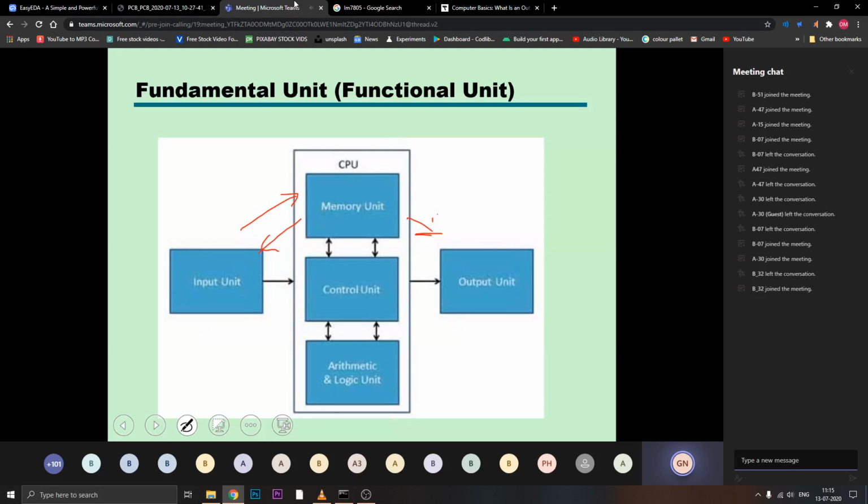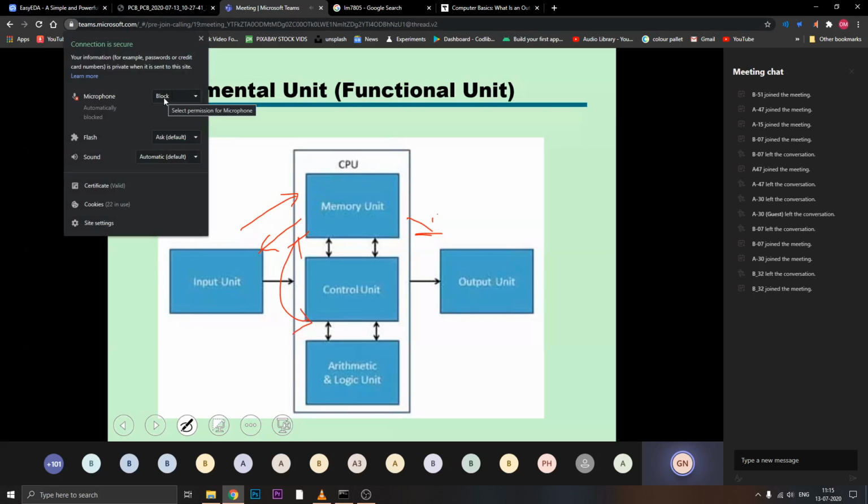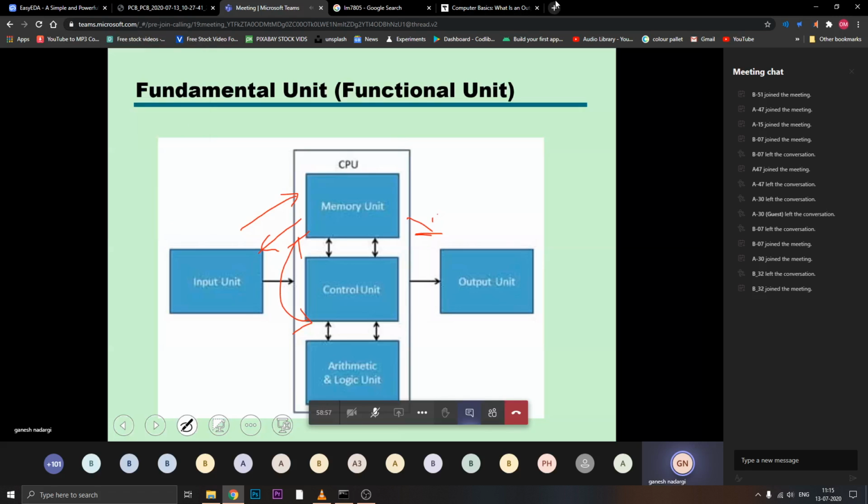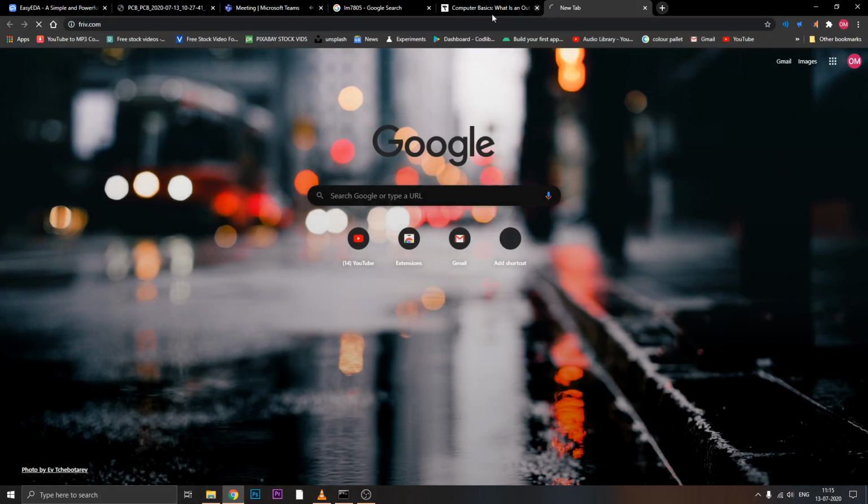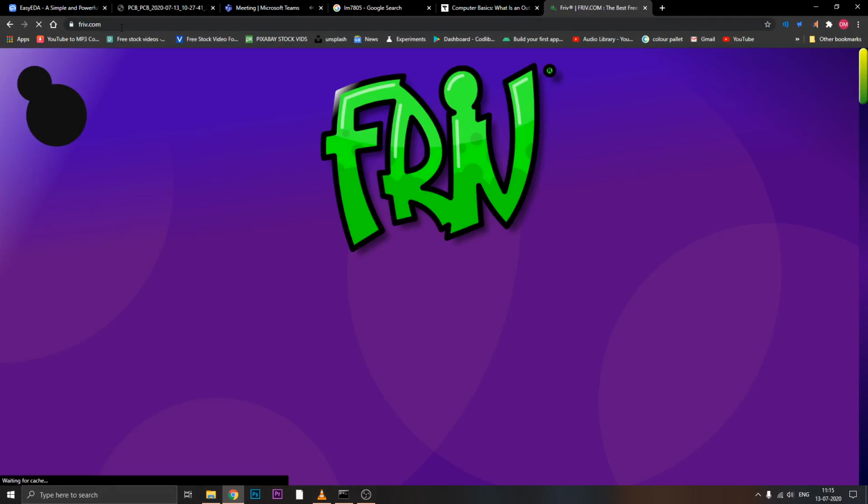Okay, so processing is done bidirectionally over here using the control unit. We will see how the computer actually executes programs in upcoming lectures. For now, our objective is to understand only the basic level of how the computer works.